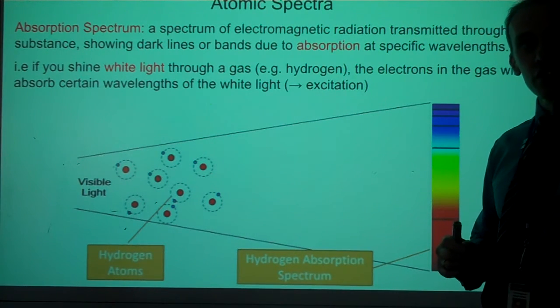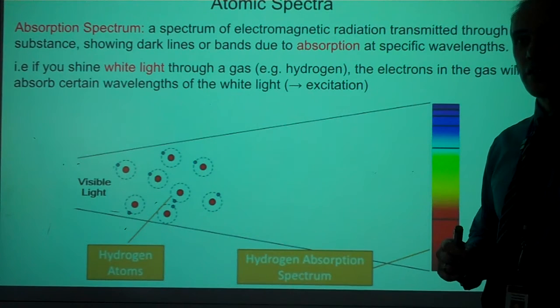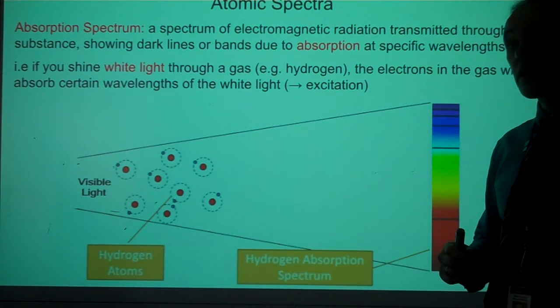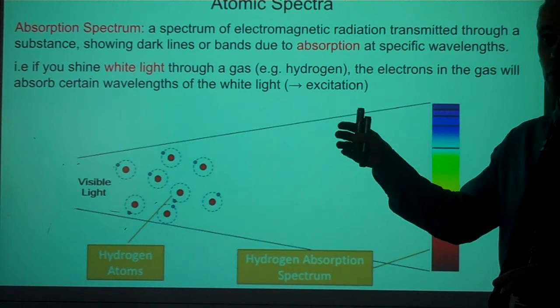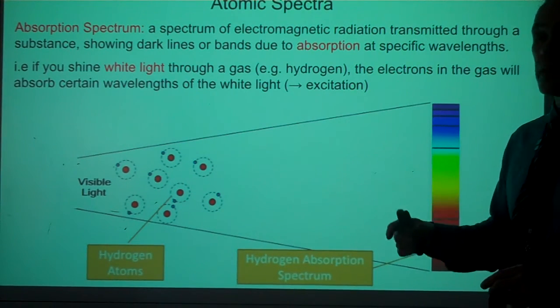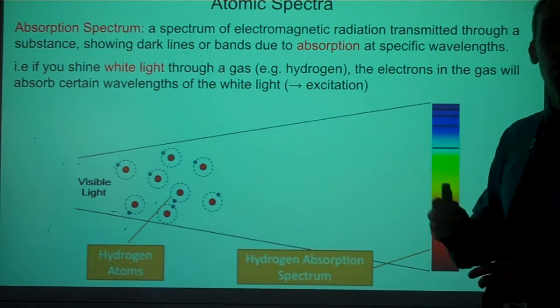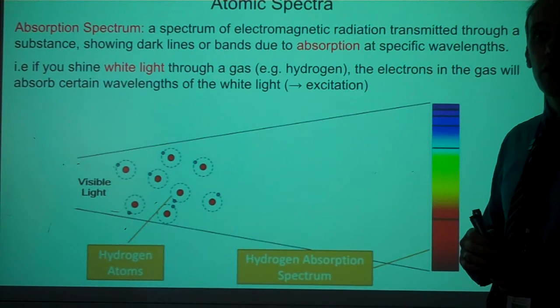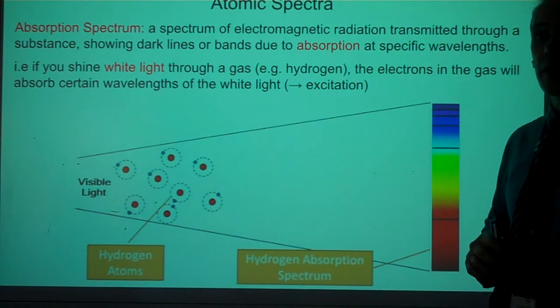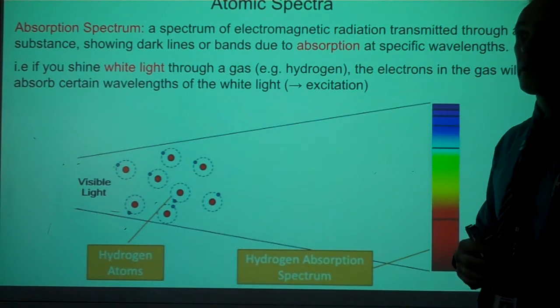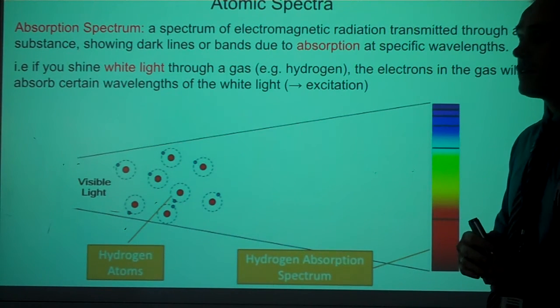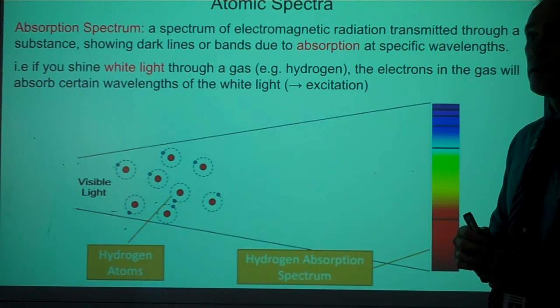If white light is shining through that atmosphere, you can find out what is in that atmosphere based upon the spectra, because the atmosphere of that planet will absorb certain wavelengths depending upon what is in it. So one of the ways they think they might be able to detect life on a distant planet is using the spectra that you can gain from the atmosphere of that planet, and you look for gases